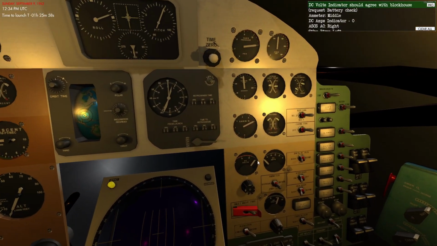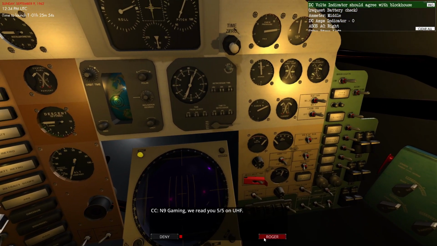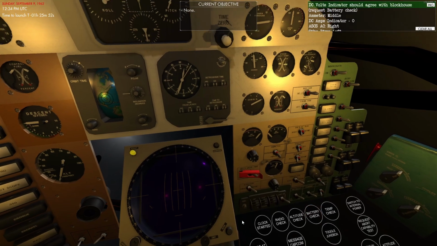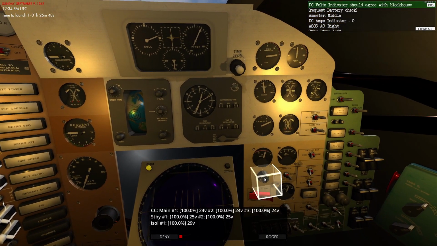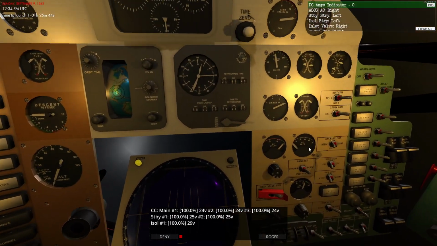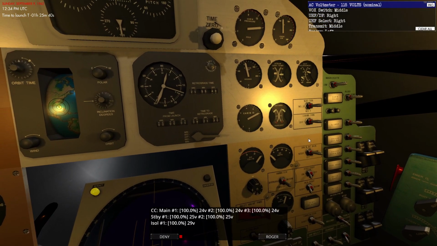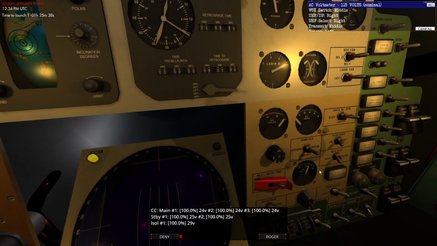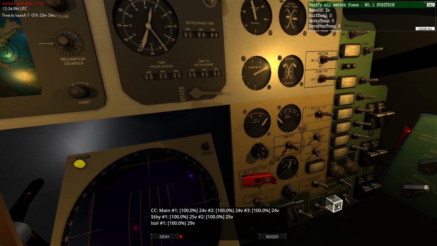DC volts indicator should agree with blockhouse. Radio check. All right, we got you on radio. So battery check. Everything's at 100, and that's showing accurate. All right, proceed. Amps indicator is 0. Oh, they want this at normal. Okay. They want this at 115 volts. That is nominal. Proceed. Why do they want this at...